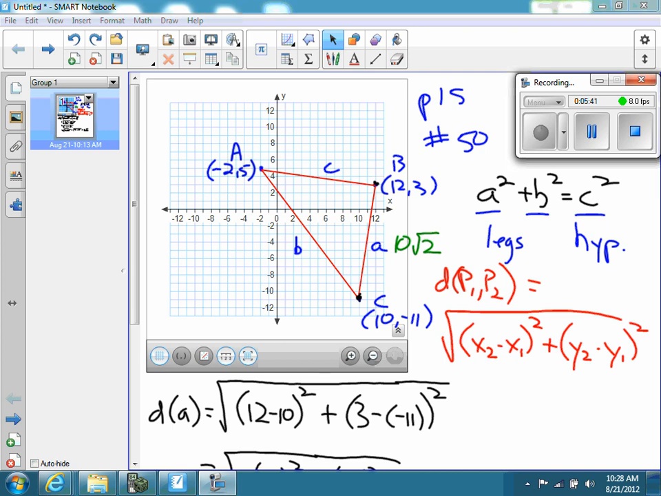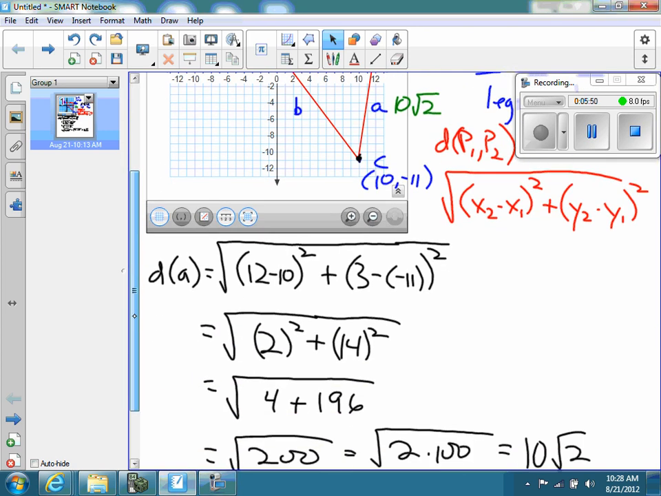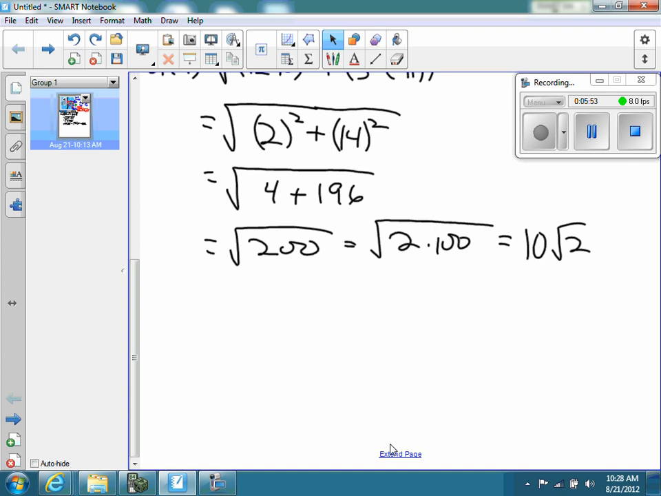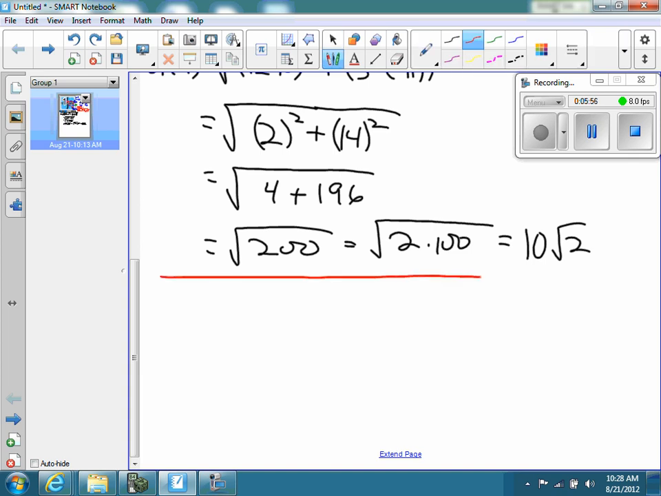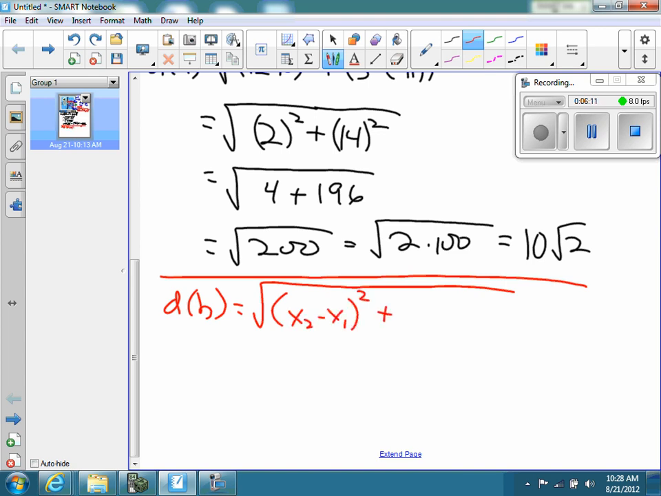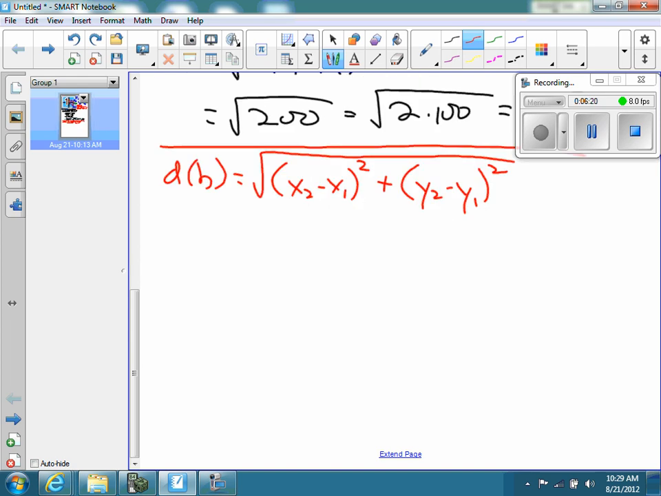Let's move on and do side B. My 2 points for B are -2, 5, and 10, -11. I think I can memorize those long enough to get down here. So I'll use a different color. My distance formula, D of side B, is equal to, let me write the formula again, x2 minus x1 squared plus y2 minus y1 squared. I'll plug in my points. That's equal to the square root of